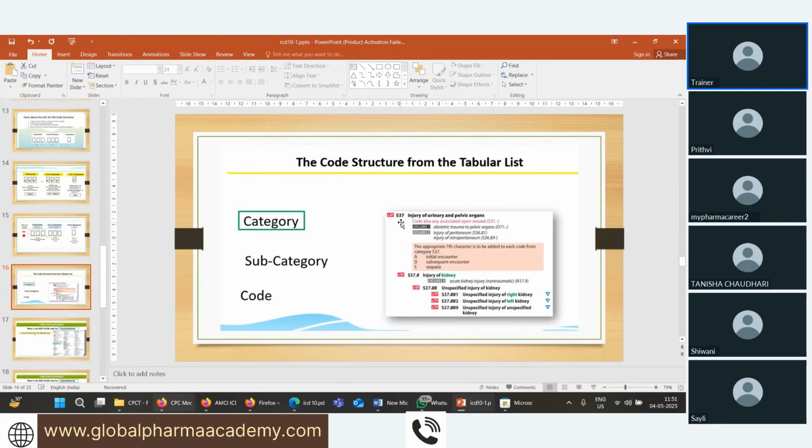Series S37. It is an injury of urinary tract and pelvic organs. So this is my category, right? But urinary organs are many. Urethra is there, kidney is also there, bladder is also there. But where the injury has occurred, for that specificity, it is saying that you need to code the fourth digit. If I get the fourth digit, it is saying that it is an injury of a